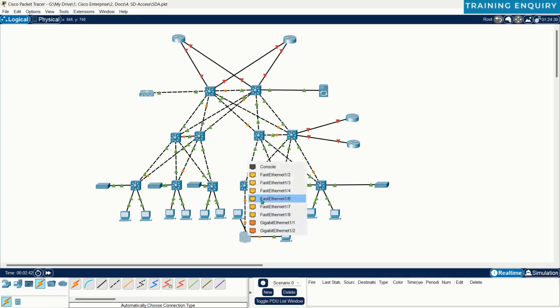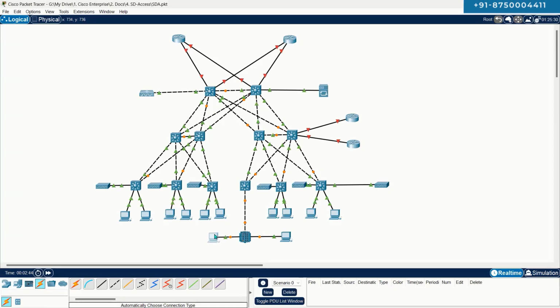Okay. So the point is, we have different types of network: wired, wireless, a mix of all that. We have all the devices, we have done all the cabling and everything. We have made sure that all the devices are reachable to all the devices. Once we have made the reachability, once every device is reachable to every device, once the devices are reachable to the DNA Center and everything,